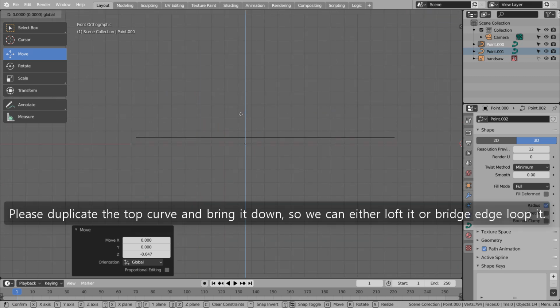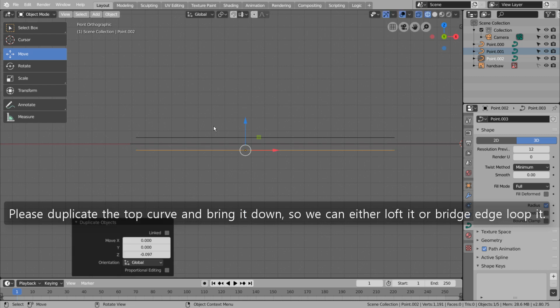Please duplicate the top curve and bring it down, so we can either loft it or bridge edge loop it.